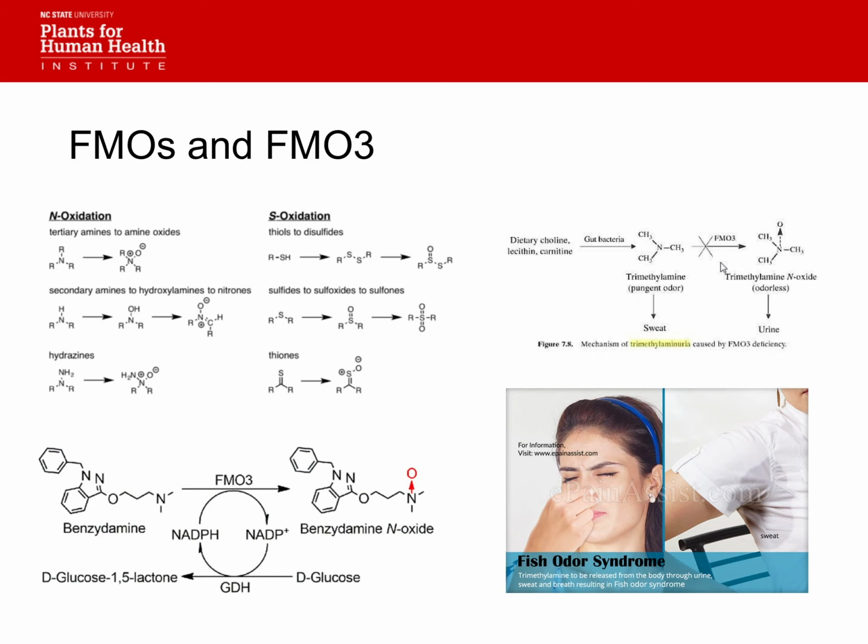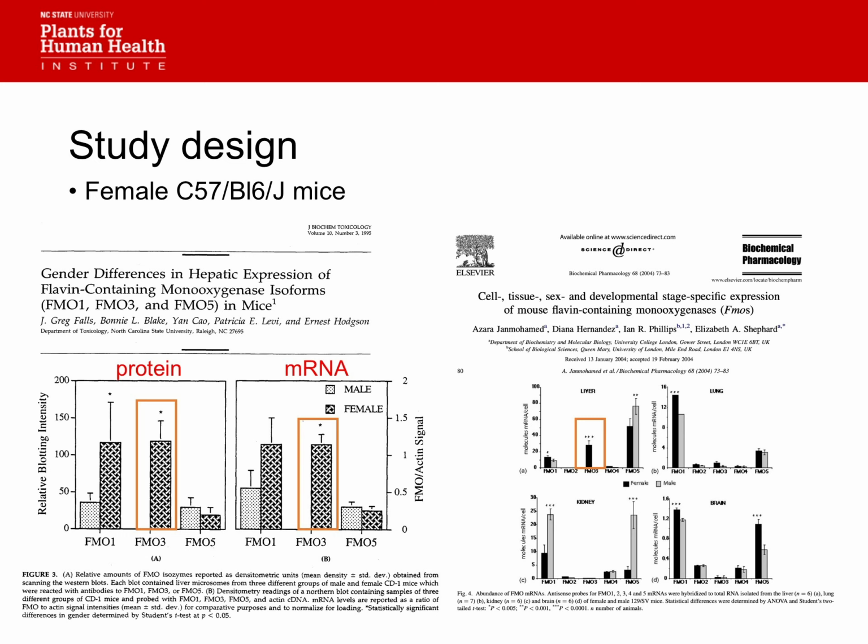Okay, right? What I didn't know about this was that FMO3 varies quite a bit. FMO3 is this enzyme that basically reacts with tertiary amines and reacts with thiols. It's again the same enzyme that, if you lack it, gives you fish odor syndrome. He presented some data, and we went back and we couldn't believe it, and we looked it up. If you look at FMO3 protein and mRNA expression between male and female mice, do you see anything there for FMO3 for the males?